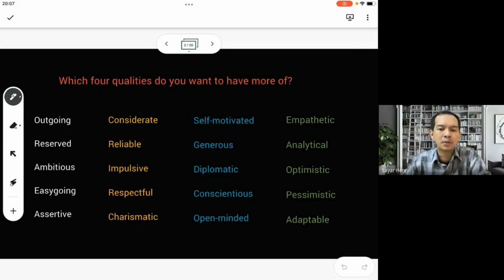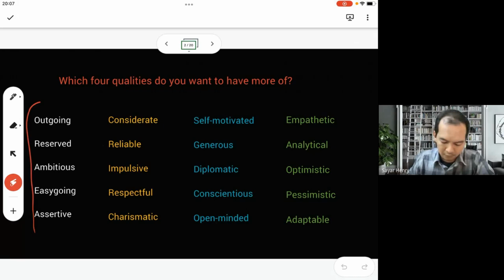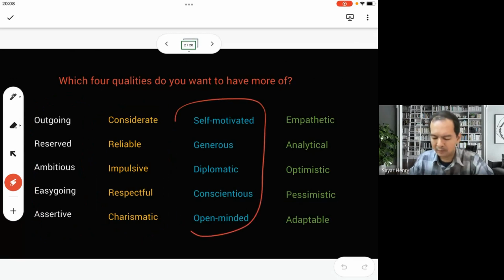What we are going to do today is explore some qualities. And when I say qualities, I mean human qualities, human behavior, and some characteristics and personal traits. So there are some really useful and practical qualities, especially the adjectives. Okay, these are all adjectives. Okay, please remember that first.